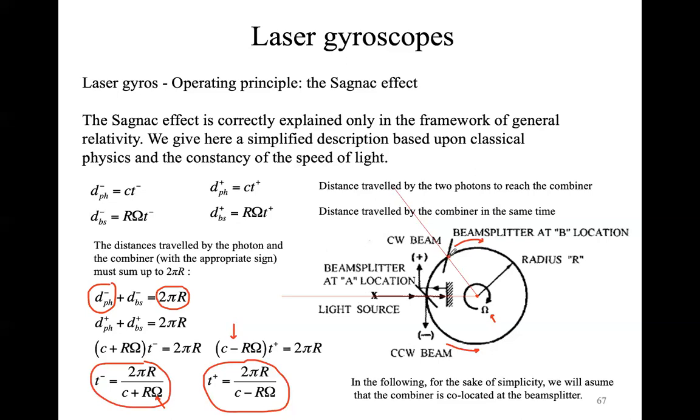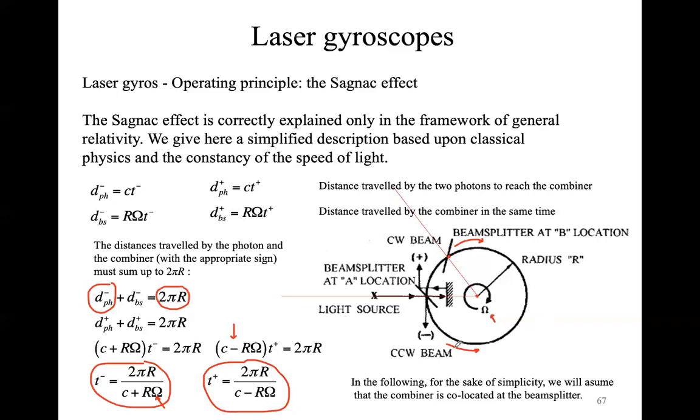So it is a classical Doppler effect, because we are treating this simplified description using classical physics. Of course, you should treat it using relativity, so Einstein's relativity, because basically we are using light. But classical physics is indeed a good approach to explain the functionality of this gyroscope,